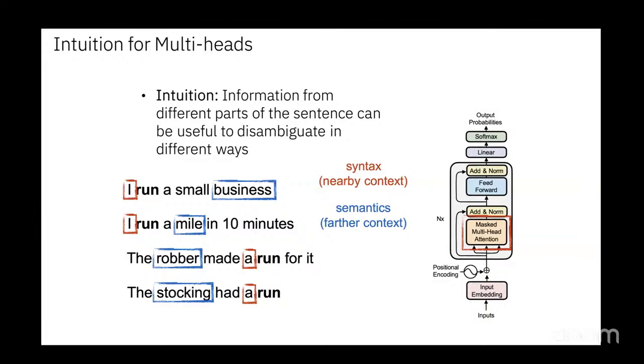For instance, we'll go back to the actual example which we looked at. We take an English sentence which is going to be converted to Hindi. It could happen that the grammatical phrasing of the sentence gives you clues on what the first Hindi word should be, or the semantics, or the subject-object relationship in your sentence, can give you a different set of clues. So each of the attention heads, basically different parts of the information, gives different contributions, and that is then combined to figure out what the next word, the actual word in Hindi, is.